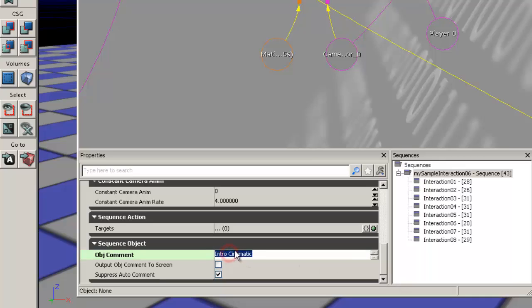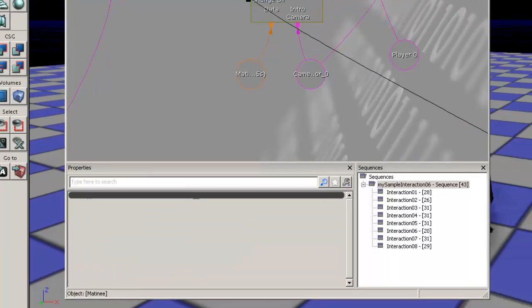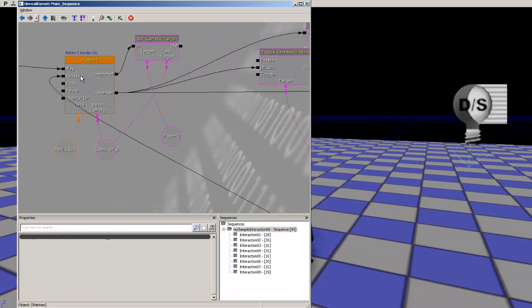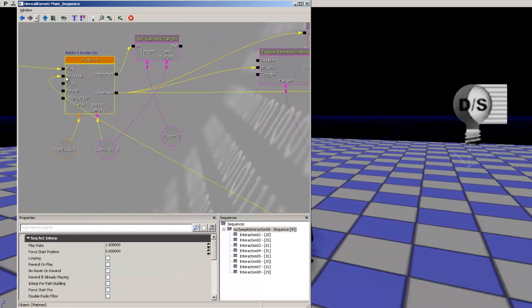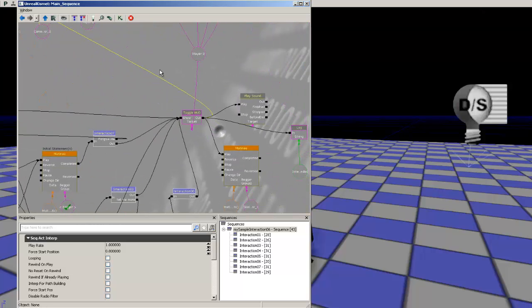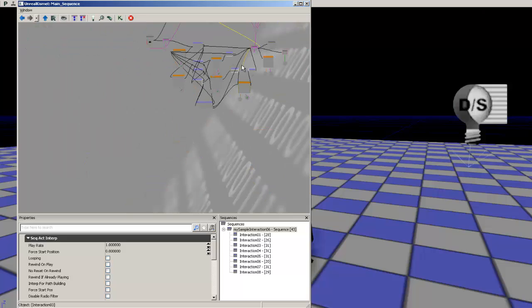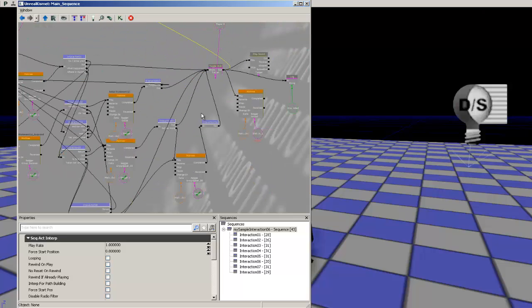Intro cinematic, you can put a comment on the top if you want, so you remember what it is. So what happens? It's going to wait for a reverse call to come in, and that's going to happen after we have our dialogue. Once again, all this here is a dialogue, right? So after all this happens,